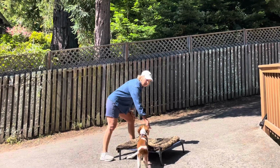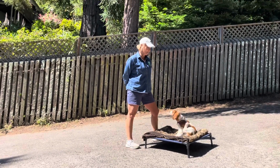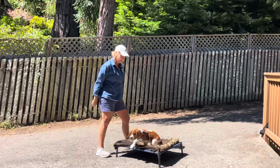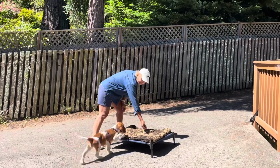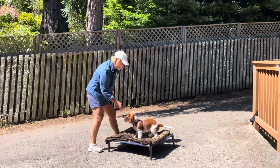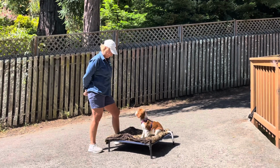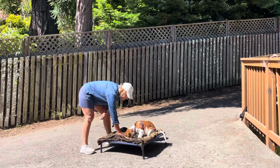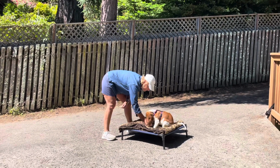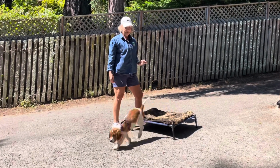So, I'm going to try this one more time with the cue. And if I can't get her into a down position pretty quickly, I am going to go back to using no cue for a little bit. Girl, come here. Lena. Down. Yes. So if I'm going to start using the cue,